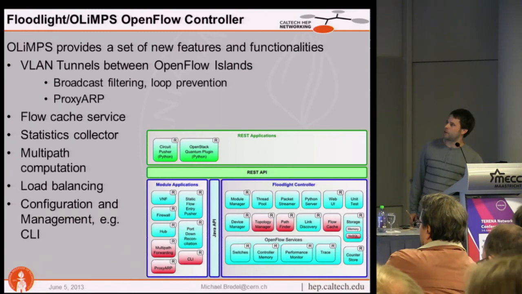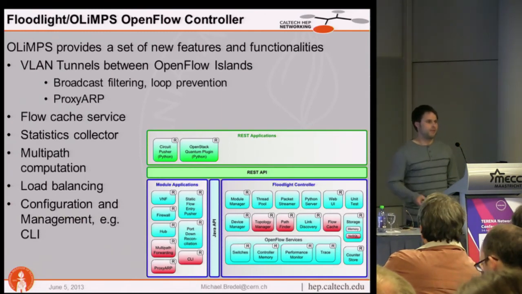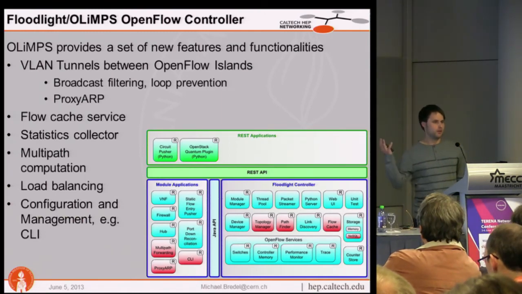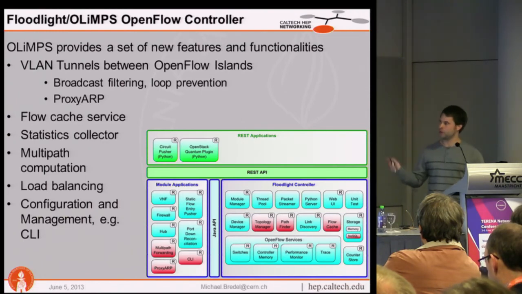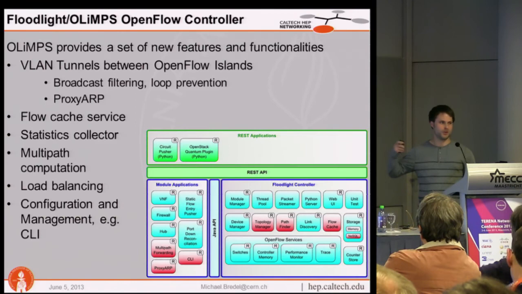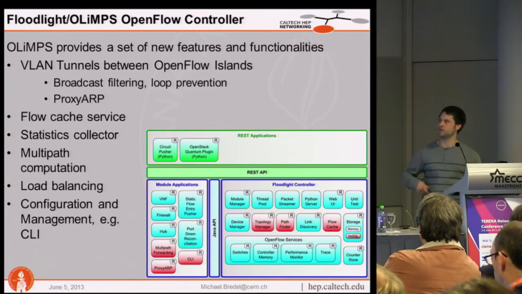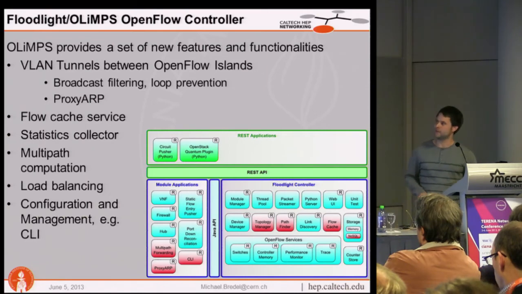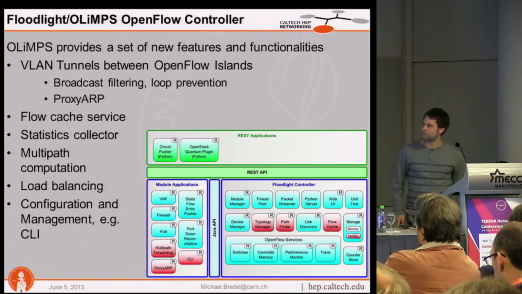Like, for example, if you want to have multiple paths and you want to have a really highly meshed network, you want to avoid that there are broadcasts in the network going around and create loops quite easily. So we have a broadcast filter. We do some tricks to prevent loops. We have a proxy ARP that deals with ARP requests and stuff like that. We also